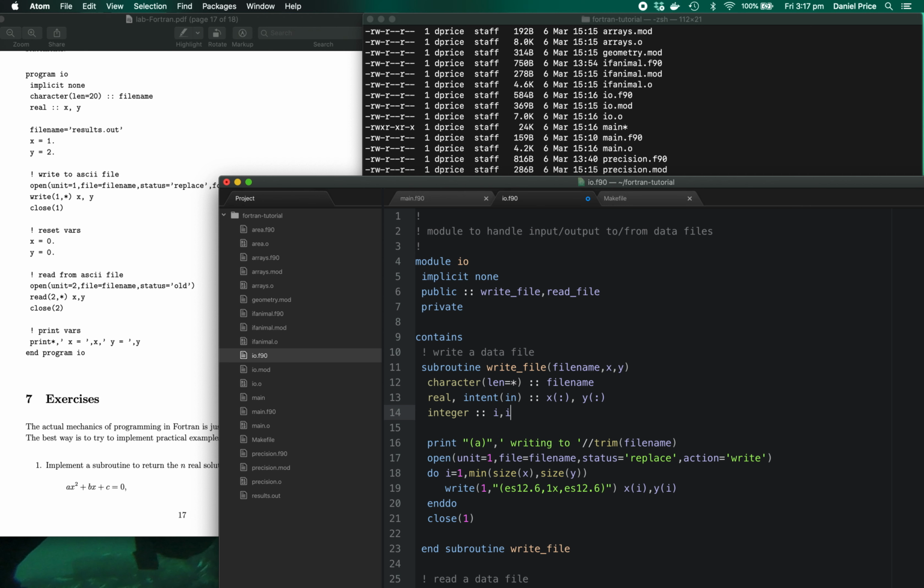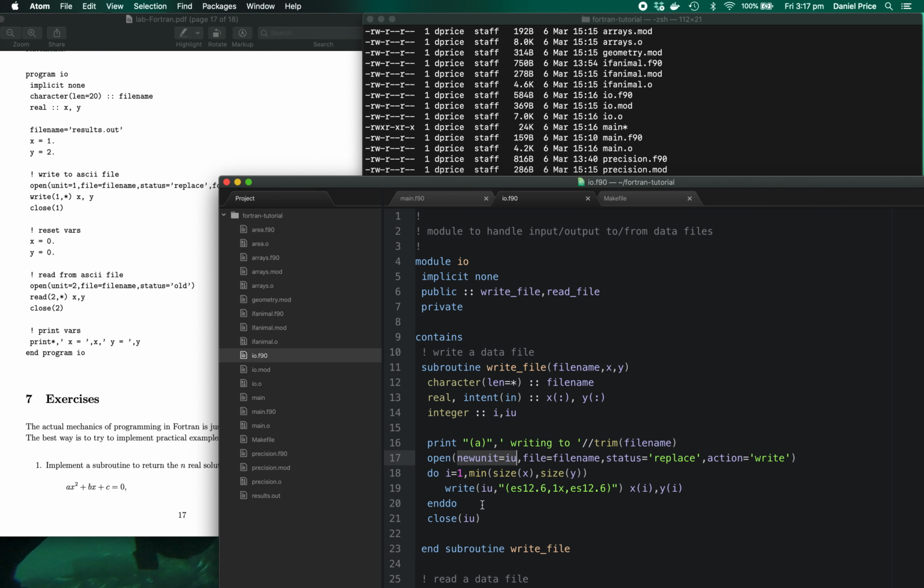So the right way to do that is to declare an integer variable. Let's call it ru. And instead of unit equals, you can just use the Fortran 2008 keyword newunit equals, and you write ru and you close ru. So it uses this integer variable ru, and it just selects for us a unit which